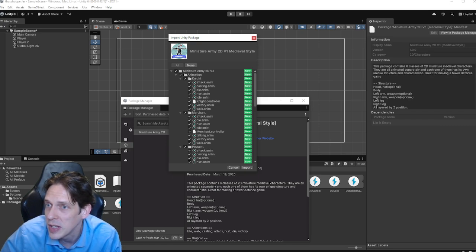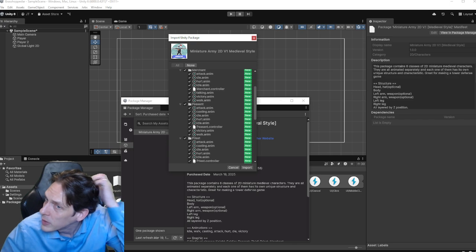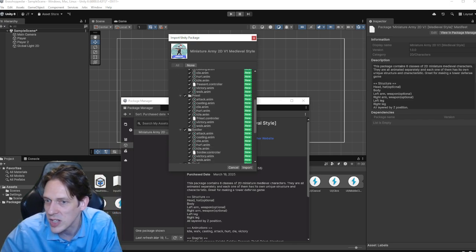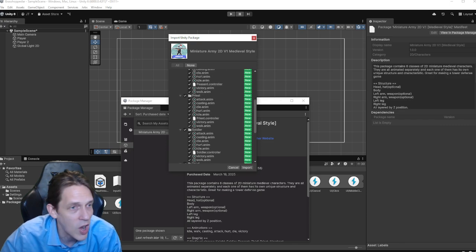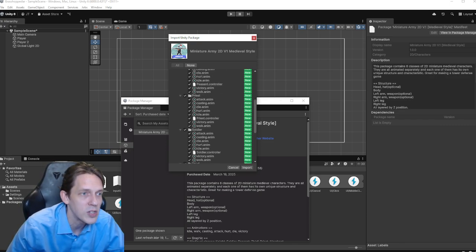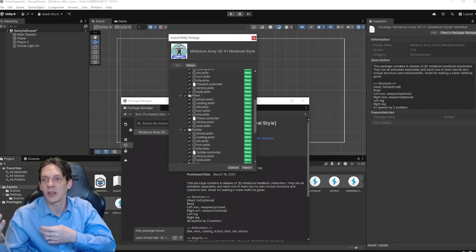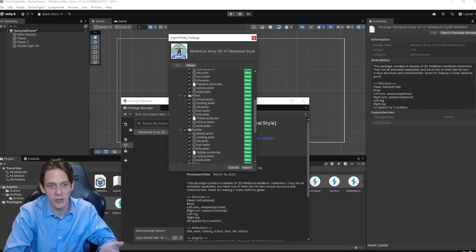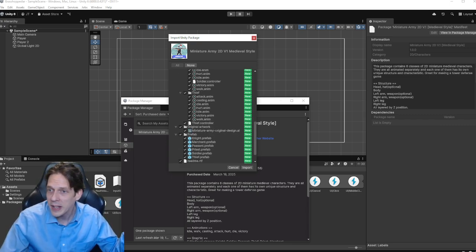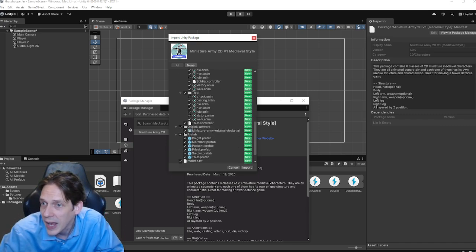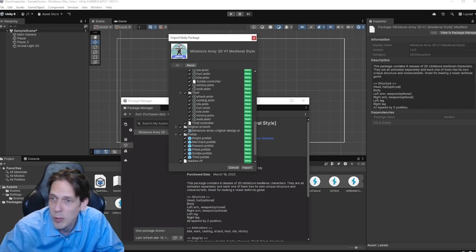Then we've got some folders, and then we've got characters, and then we have ANIMs, and then controllers inside of them. Each one of these is just like the controller here for these controllers. And the ANIM things are different. And we're going to work through this too. ANIM is the way that Unity will chain pictures together in order to make it look like things are moving around. The fact that this is all set up already, and that all these scripts come with it, and that we have all of these characters that are prefabbed and ready to go in here, looks great.